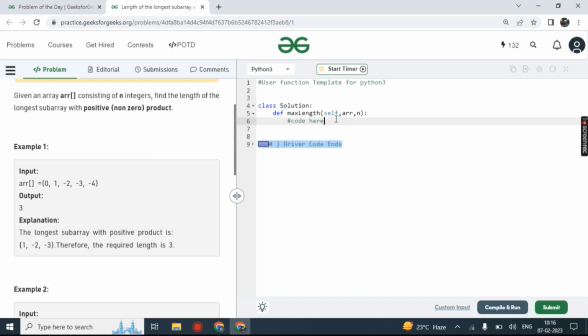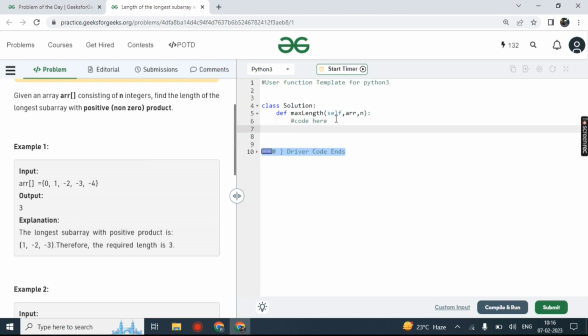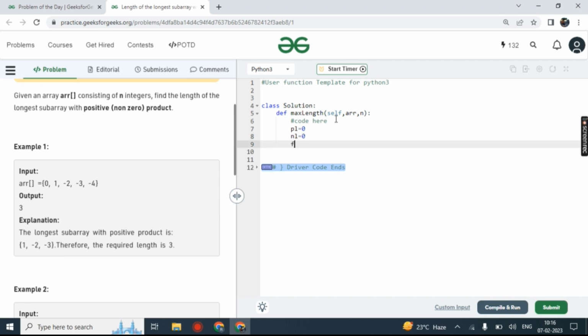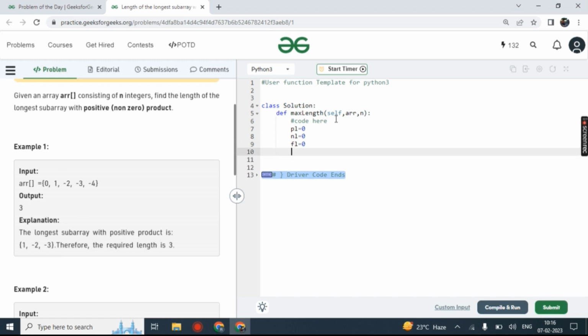Okay, so now let's start coding. First let me define three things. First, positive length is 0, negative length is also 0, and the final length which we are going to select, that also let me put as 0. Now first we'll check whether the value we are taking is 0 or not.